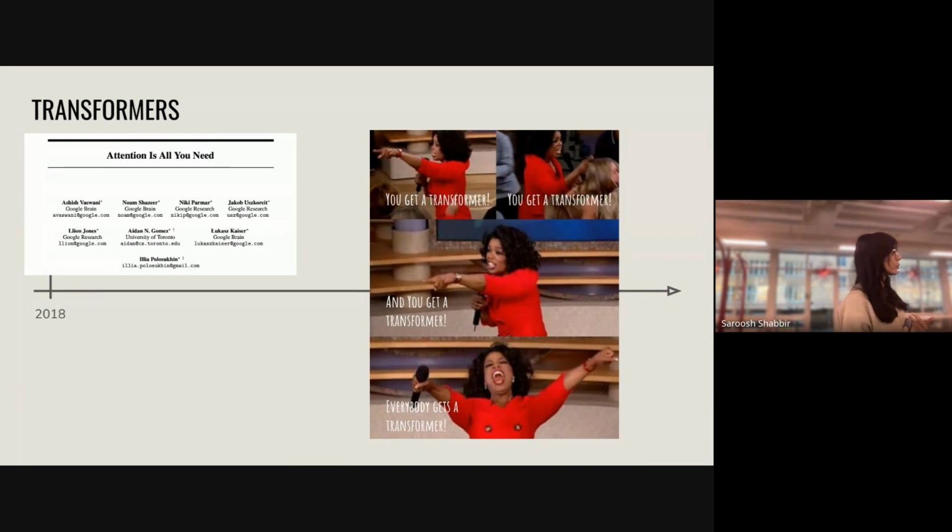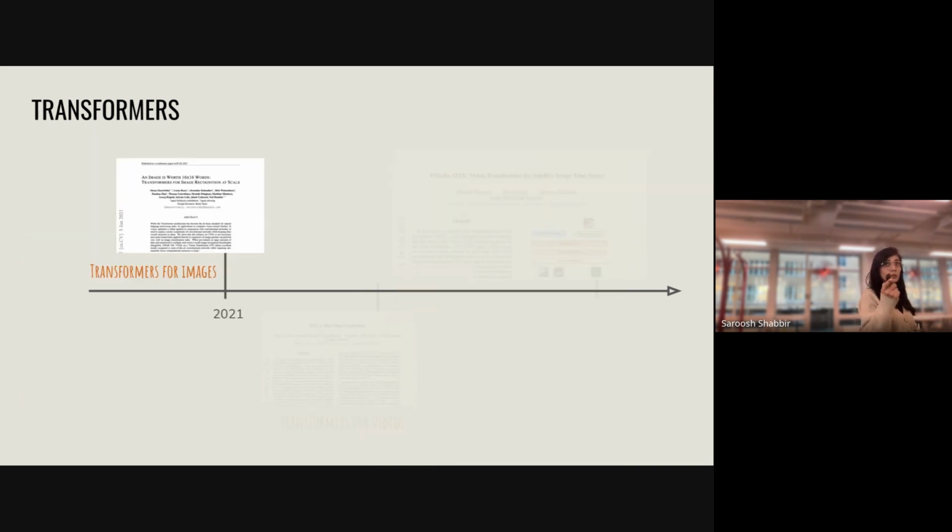I'm going to talk a little bit more about how convolutional CNNs have inductive biases. But the effort has been, after NLP, to apply transformers to as many domains as possible, or as many kinds of data. So this happened in 2018, and then, as I said, it was 2021 when transformers were first applied to images, which is a fairly long time in the time frame of deep learning.